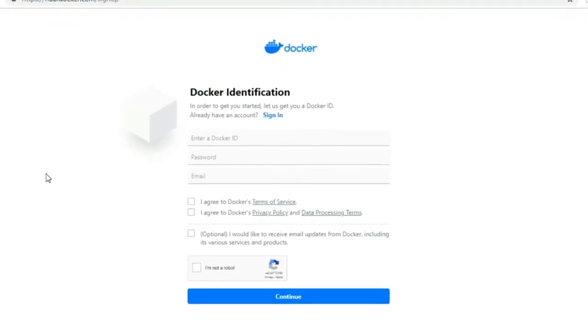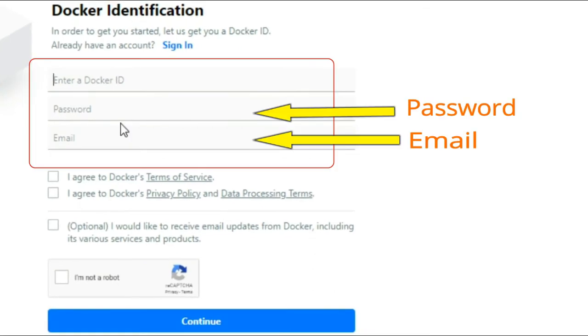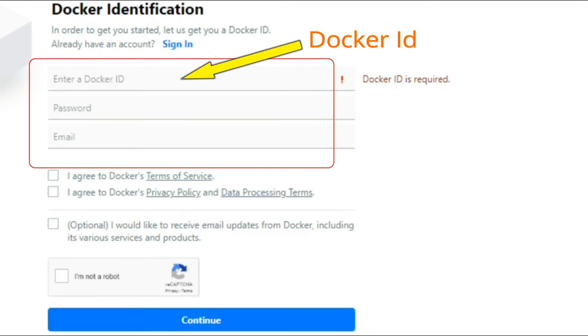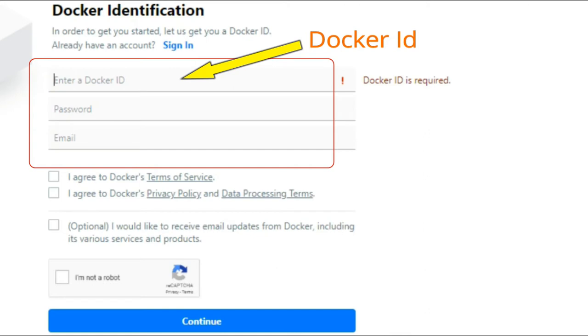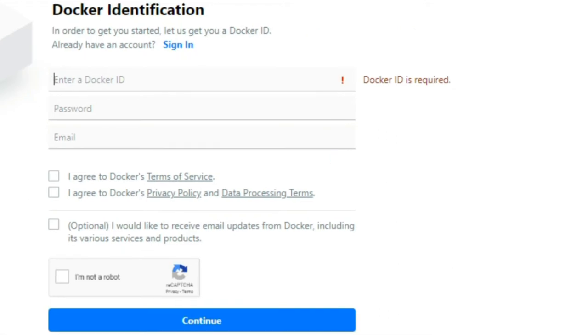And now you have to fill only these three fields to create the Docker Hub account. The second and the third field here is just the email ID and the password fields. And the first one is the Docker Hub ID. So here friends, you can give any ID of your choice. But Docker will accept this ID from you only if this ID which you are providing is not already taken by any other existing user. So let me show you this.